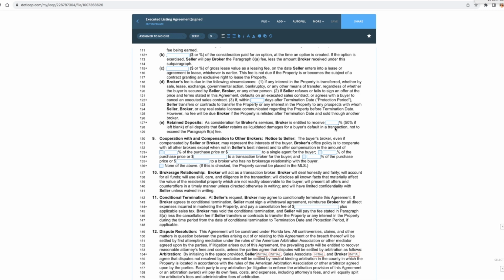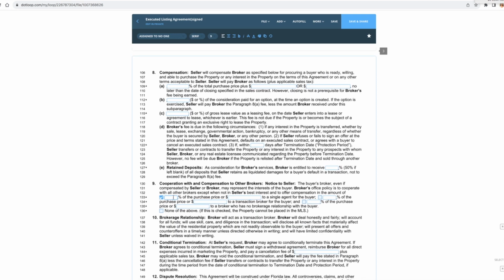All right, so section 9 is where you break down the differences. Typically, I always mark, like if it's a 6% up at the top, then obviously it's 3% on all the splits, except for a no brokerage relationship. So there is some talk about how sometimes listing agents will take 4% and offer 2%